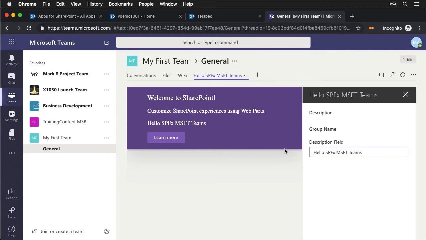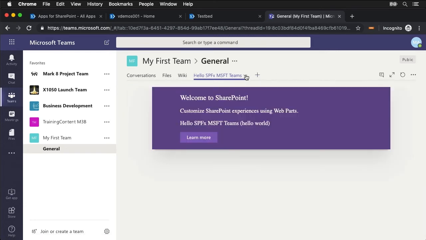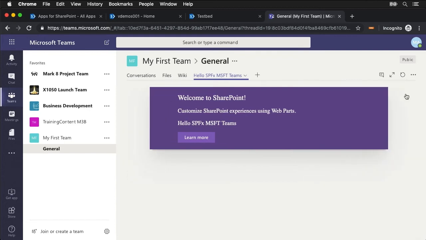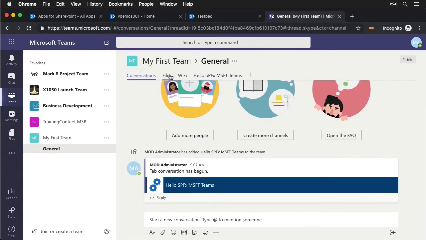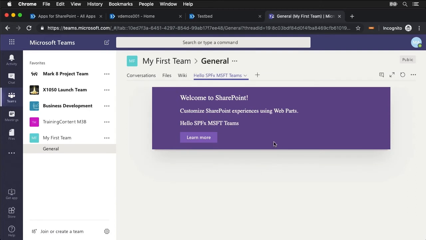So this is a SharePoint Framework page. This is our web part property pane. You can see it works all the exact same way as a normal SharePoint Framework web part. And when I close this, I can go back in and I can edit my changes to this web part by going to settings and see these changes over here like this. When I delete those changes, hit the X, saves my changes. I can go off the team or off the tab and come back to the tab and see everything is running. So you can see that this is the exact same SharePoint Framework web part that is running inside of